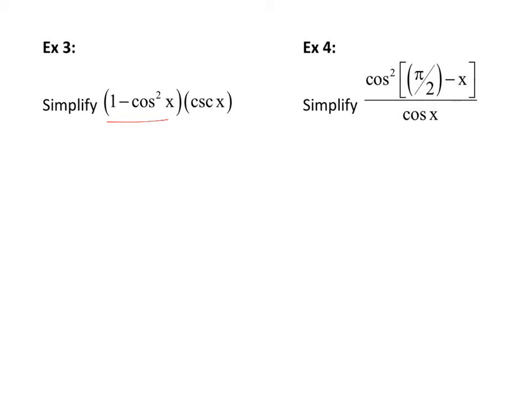So let's look at a variation. Find the variation. 1 minus cosine squared, that's equal to sine squared. Okay, so I could replace this with sine squared. And then I have